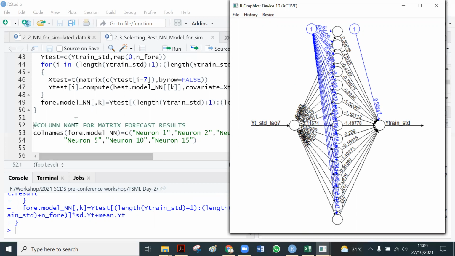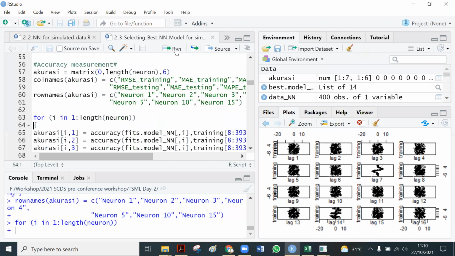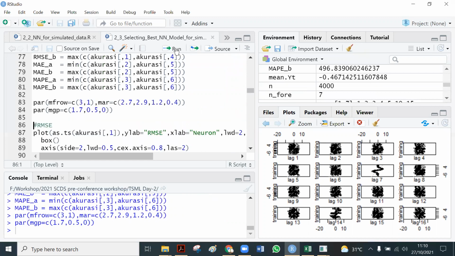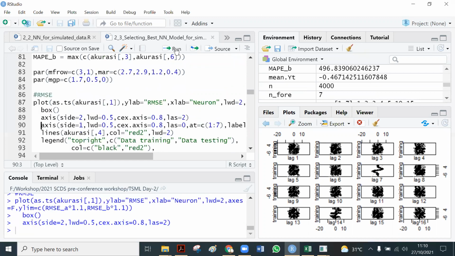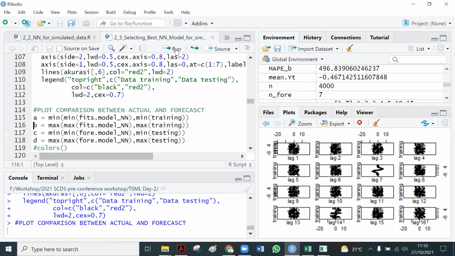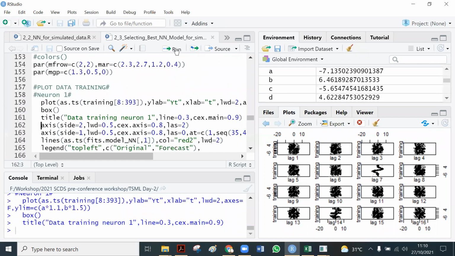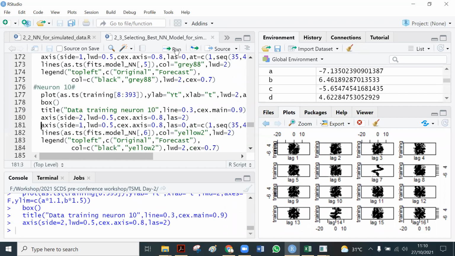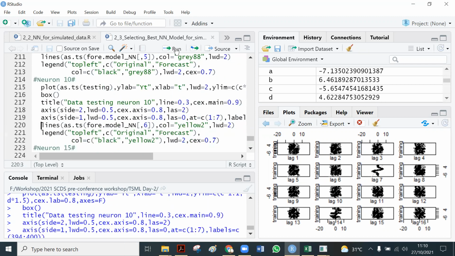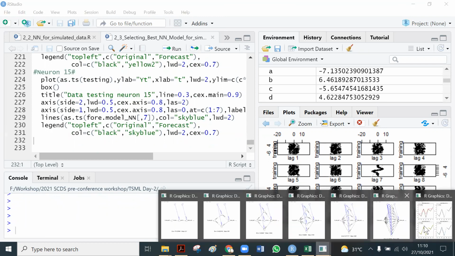Okay, it finished. Then I compute the, sorry, this is the plot of, because my window for graphs is here, so it appears here.